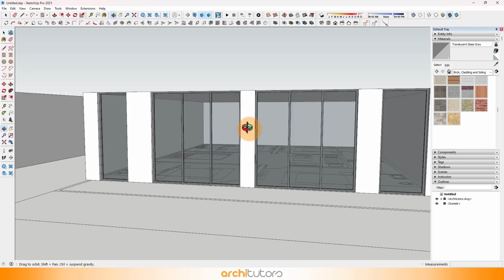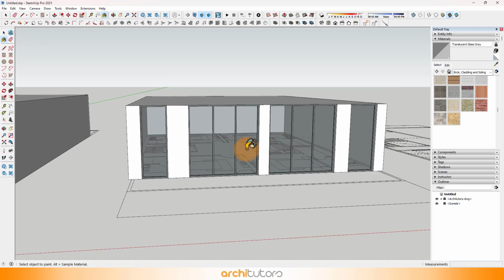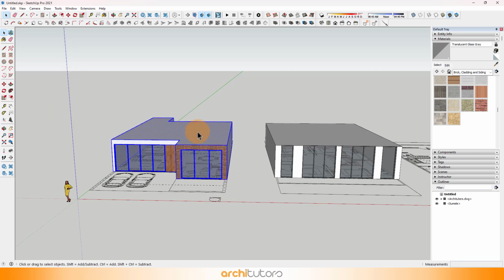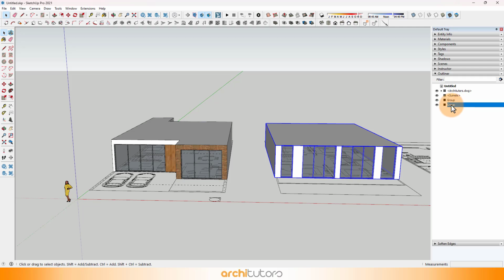Now that we have created walls and windows for both floors, we can make a group of this geometry. Simply select all geometry, right-click and click on Make Group. Group your geometry frequently to avoid accidental sticking and make editing easier. Think of it as organizing your virtual construction site.